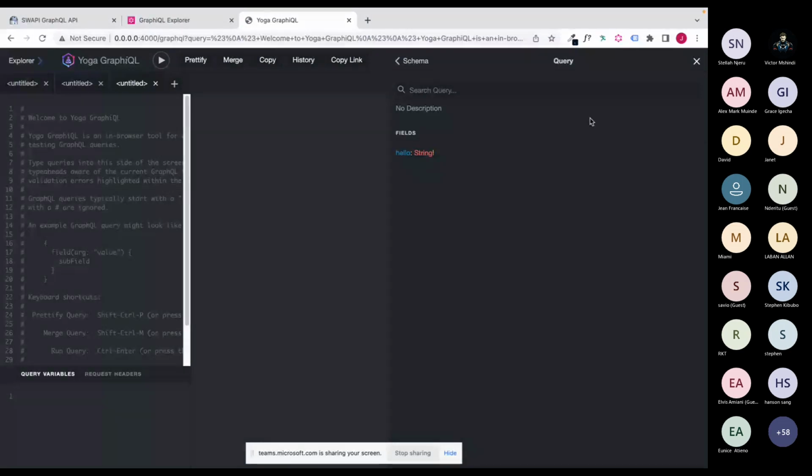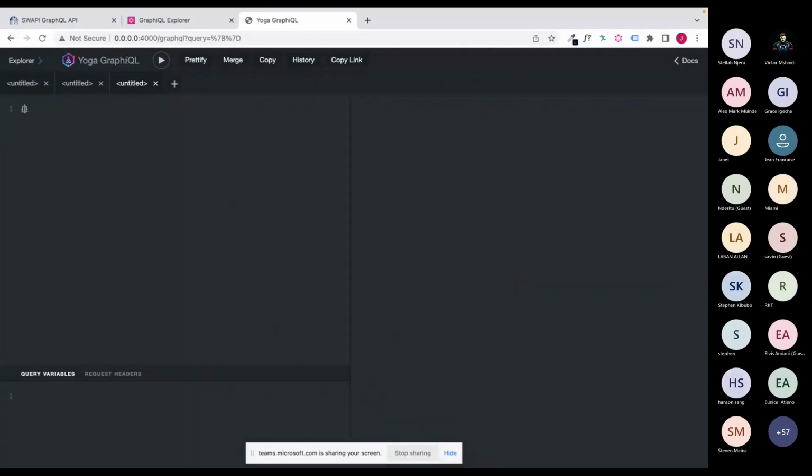Here we can see we have a field, hello, and it returns a string. On the right here, we can run our query, say hello. Then we have this button where we can run the query and return the data. Here we can see the data.